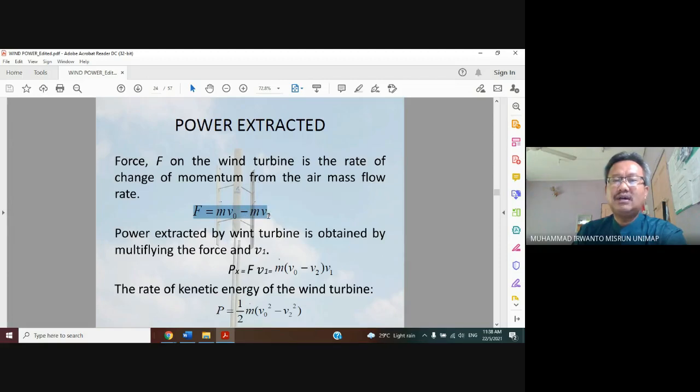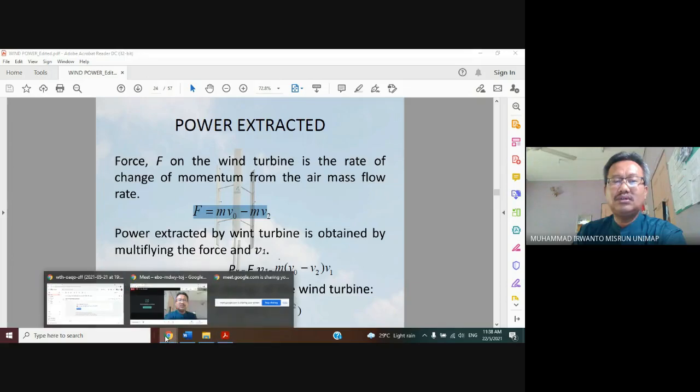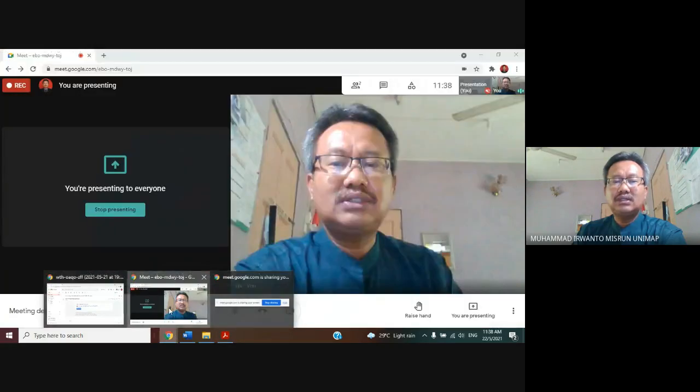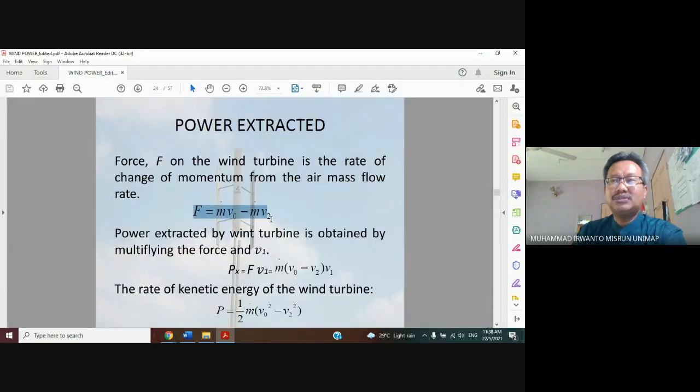It is the rate of change of momentum from the mass flow rate. This one. Now from here we can see that V0 is higher than the upstream